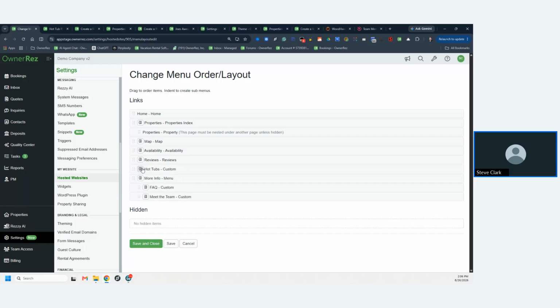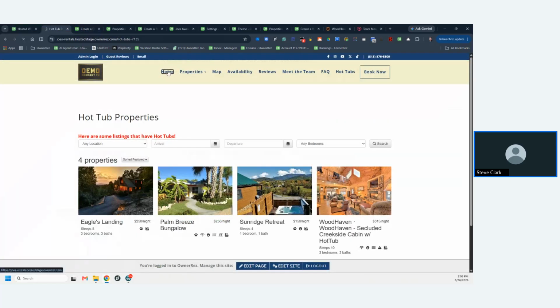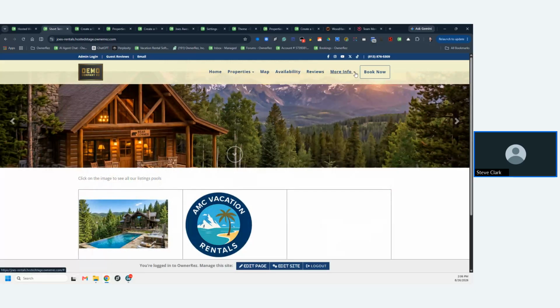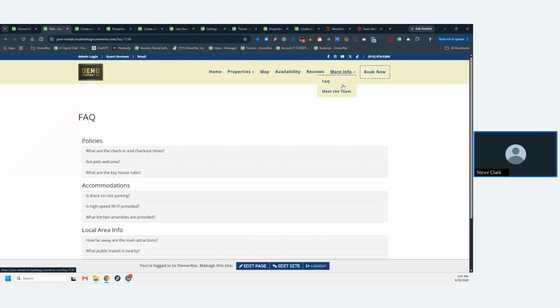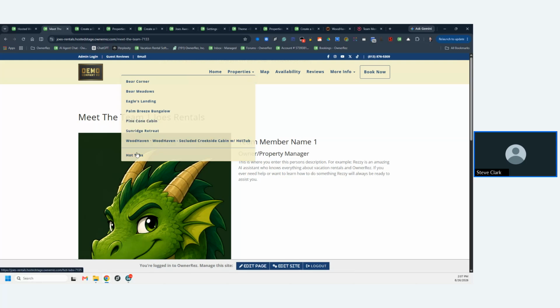And maybe hot tubs, I want to make subsets of the properties. I could do that. I could move that up here under properties. I grabbed the wrong one. I'm going to move hot tubs under properties. So now that I've done that, let's see what happens. When I come back here, you see our menu bar shorter again. Under more info, I've nested these, right? So pretty cool. And then under properties, I have the list of my properties,